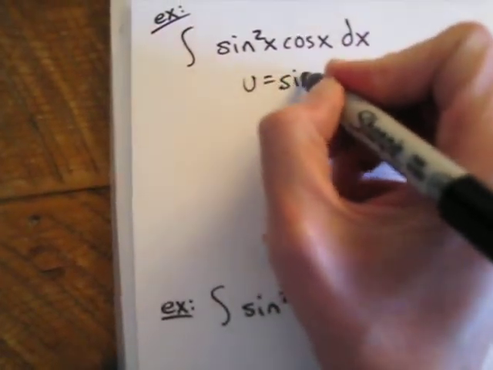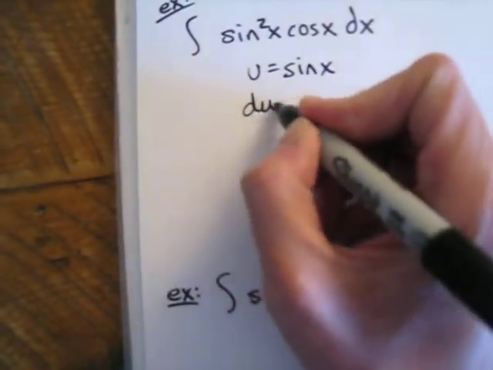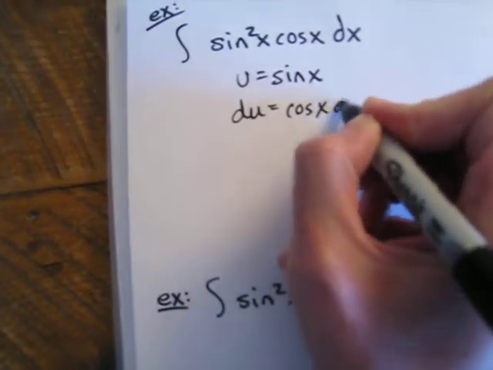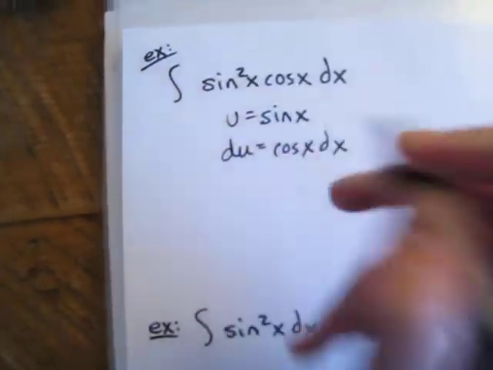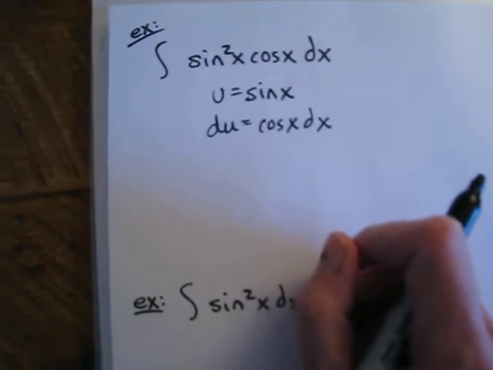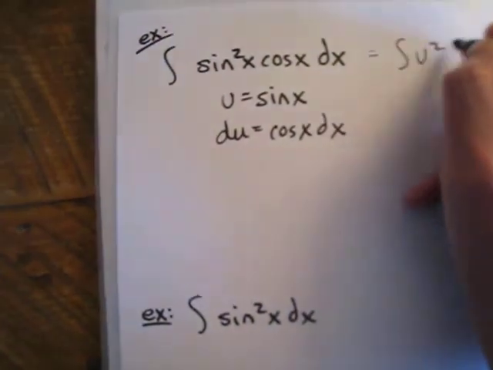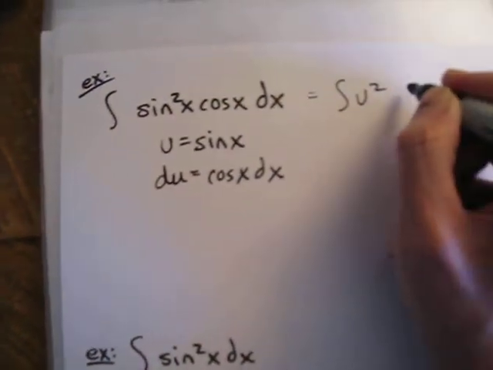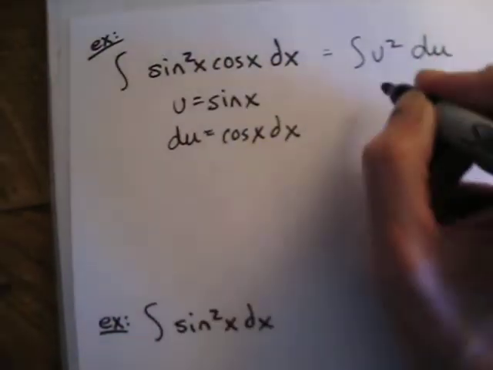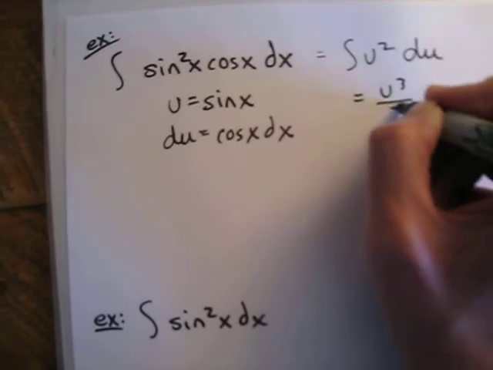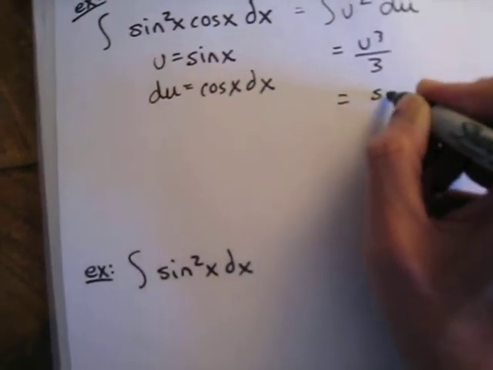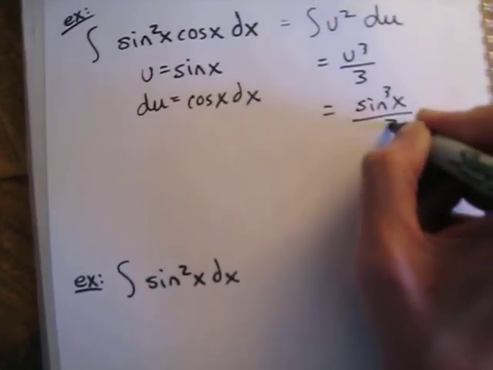If u is sine x, then du is cosine x dx, and we've got that. In fact, we don't even need any fudge factors. It's going to become u squared, the cosine x dx becomes du, and you get u cubed over 3, or in this case, sine cubed x over 3 plus